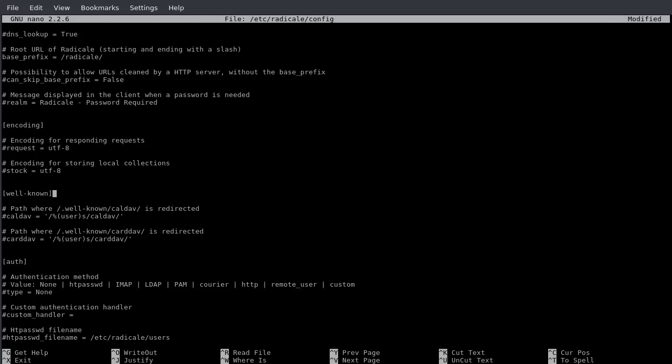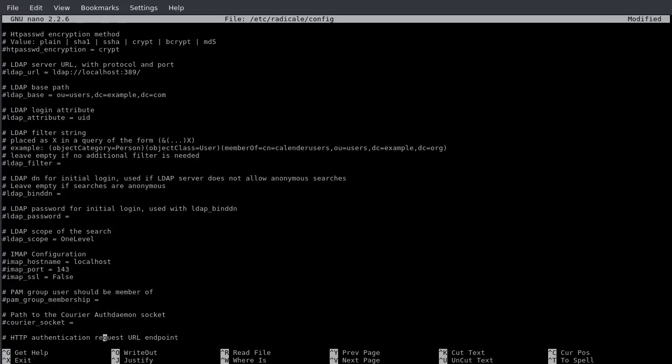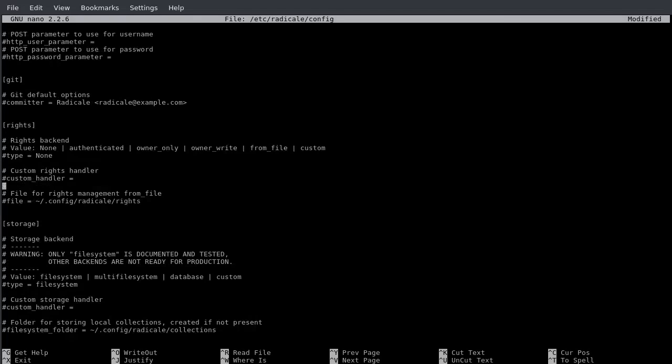Okay, leave most of this. Leave the authentication out. Don't need any of that. I'm just going to skip right near to the bottom. And I'm just going to change, where is it? Storage. Here we go. So we're going to store it on the file system. And now we're going to choose where we store it. If we leave it there, it's going to be in the root folder, and then we end up with quite a few problems. So I'm going to store it in